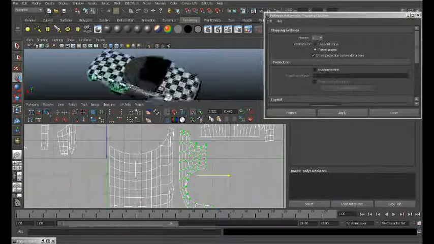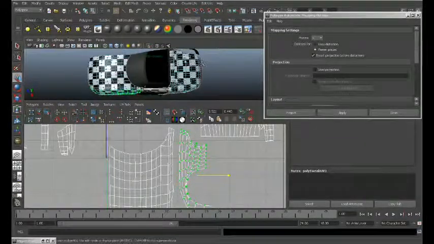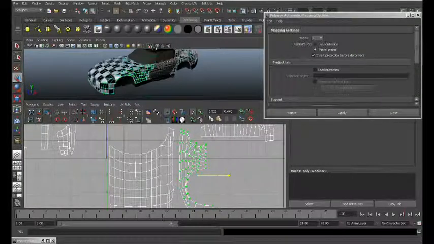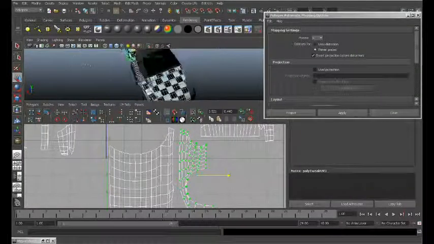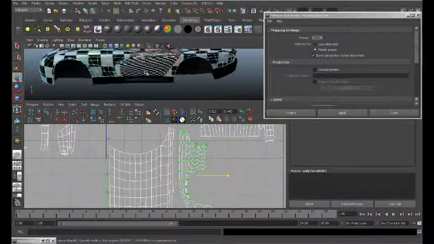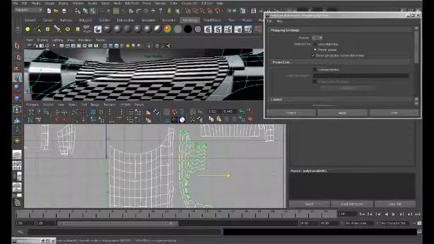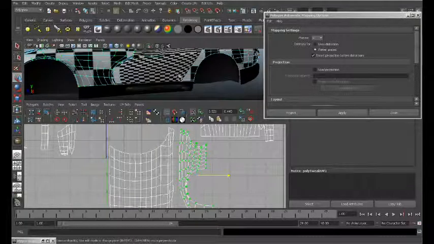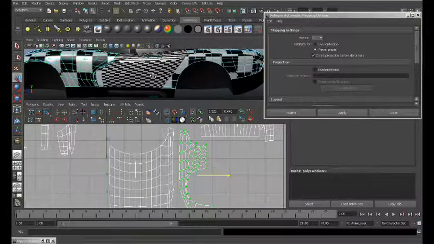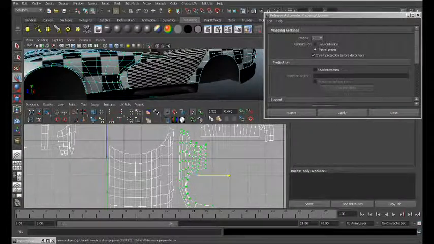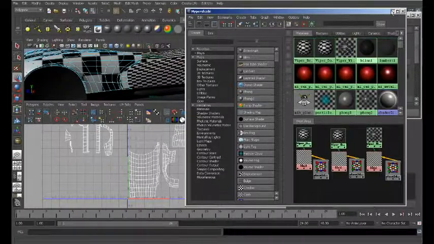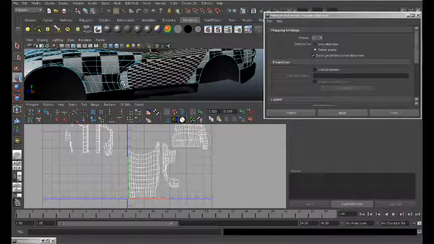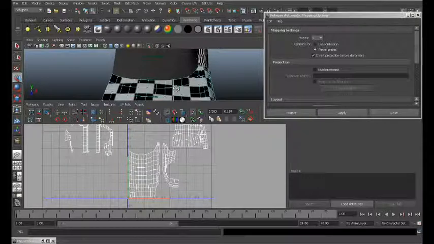What you're striving for is resolution that's nice, even squares, which you can see here, all the way around, sides included. It's wrapping around nicely, and not something that's looking like this where you have a lot of stretching across there and things are different sizes and scaled, being pulled with the geometry there. So additionally, you may need to come in here if you're not getting what you want,